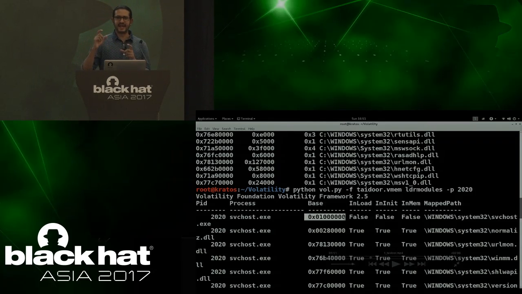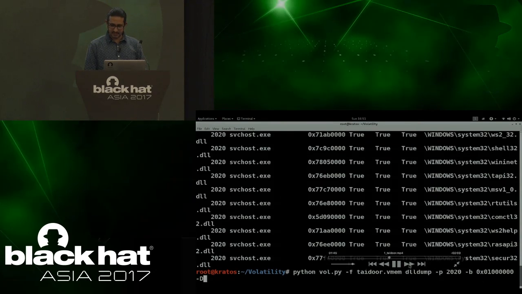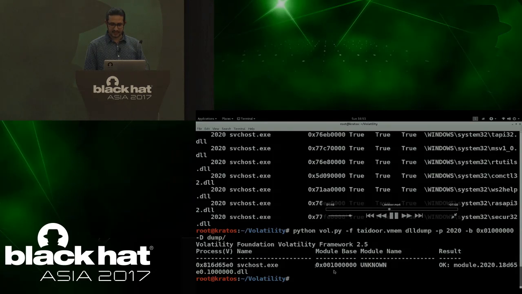Okay. Now, you can take 2 paths. Either you will be analyzing this executable that is loaded at this address, or the executable that is loaded at 4000. But if you rely on this, because LDR modules is more reliable and it's relying on the kernel data structure, and if you think that this is malicious and start dumping it and analyzing it, let me show you what happens. So I'm going to dump that section of memory, 1 followed by 6 zeros, which is where the suspended svchost.exe is loaded, okay?